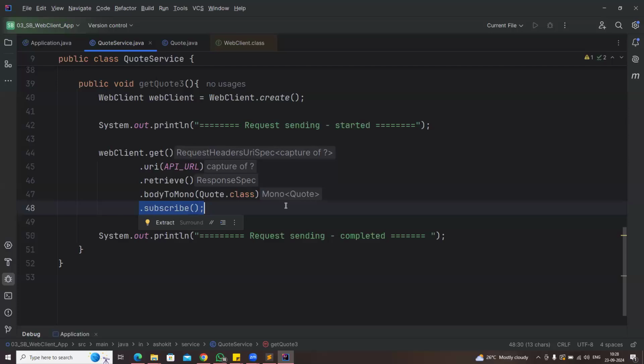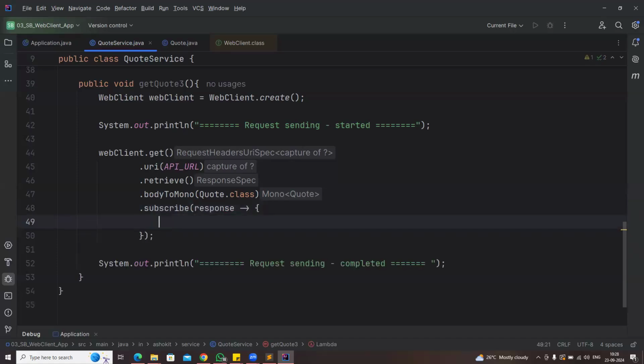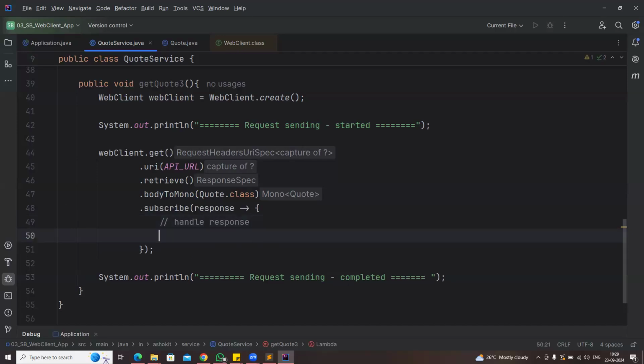After getting the response from the REST API, whatever the response you are getting from the REST API, then you print that response. I'm just writing, you can handle, or else you can write handle response. Okay. For now, handling nothing but